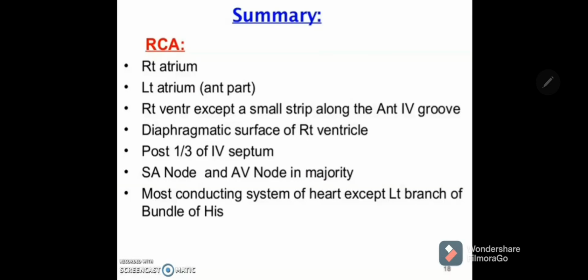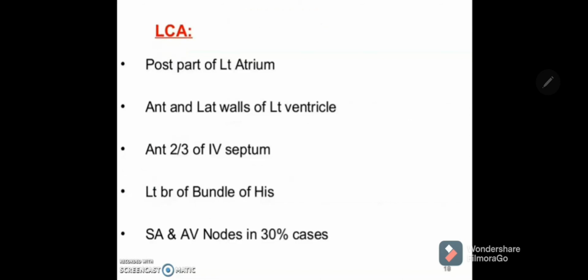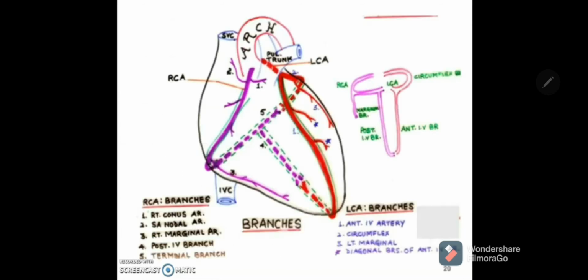So in summary, the right coronary artery supplies right atrium, part of the left atrium and right ventricle, diaphragmatic surface, posterior 1/3 of intraventricular septum, SA node in 60% of cases, AV node in 80%, and most of the conductive system of the heart, whereas left coronary artery supplies the part of the right ventricle, left ventricle, anterior 2/3 of the intraventricular septum, left bundle of His, SA node in 40% of cases, and AV node in 20% of the cases. So there are variations in the distribution, and here you can notice the distribution of the right and left